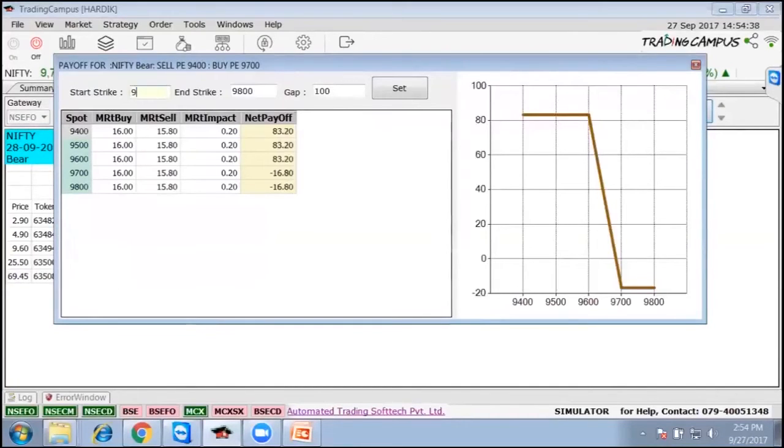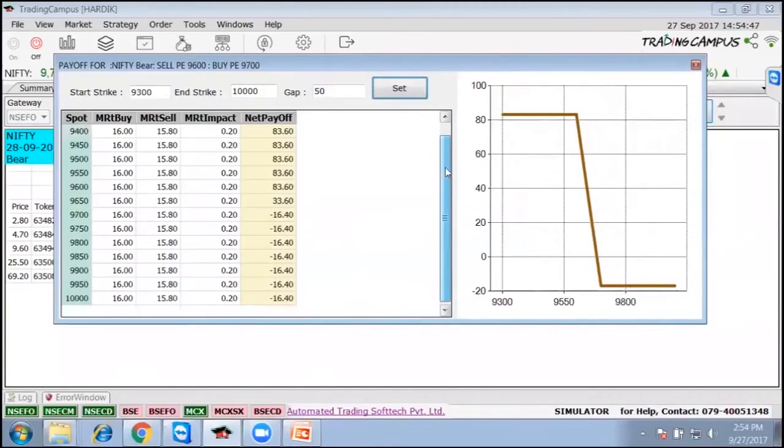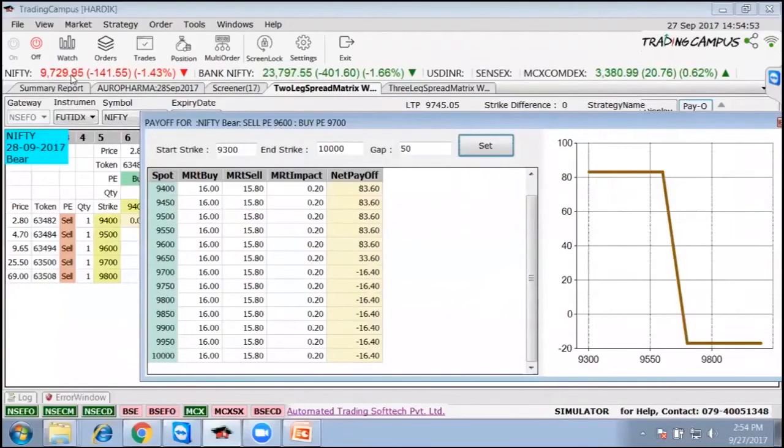This payoff diagram will tell you from which range you will make profit and which range you will make loss. Now if you see over here, the market right now is at 9,730 and I have selected two strike prices, which are 9,700 and 9,600. So let's see, if 9,730 comes to 9,700, how much loss am I making? 16 rupees. But if it goes below 9,700 to 9,650, am I making profit? Right? If it goes further down,